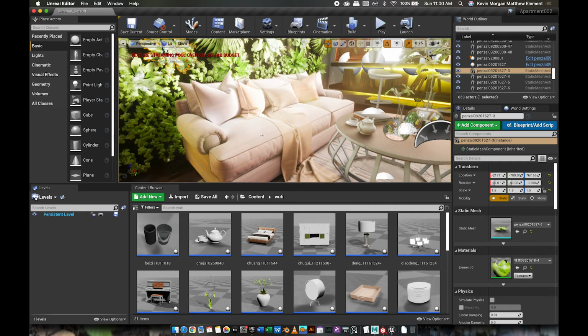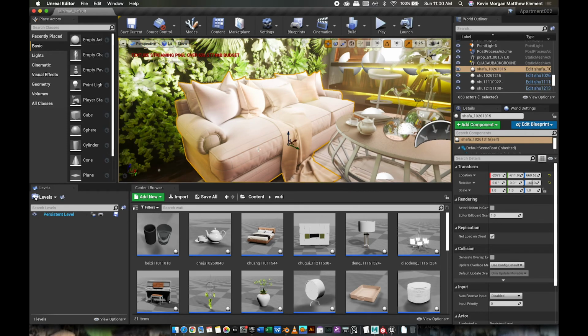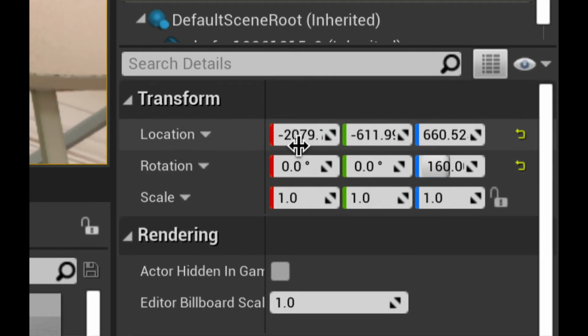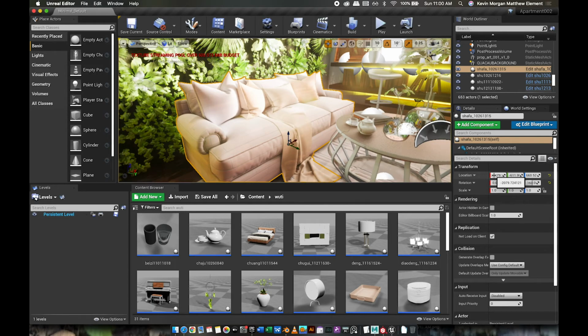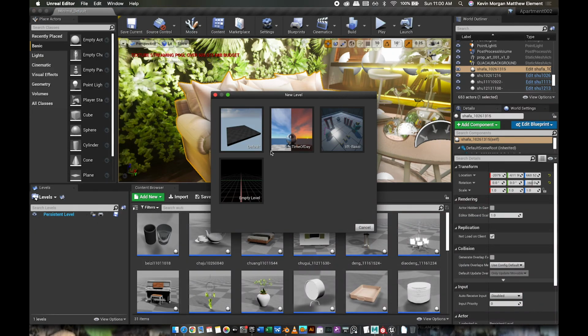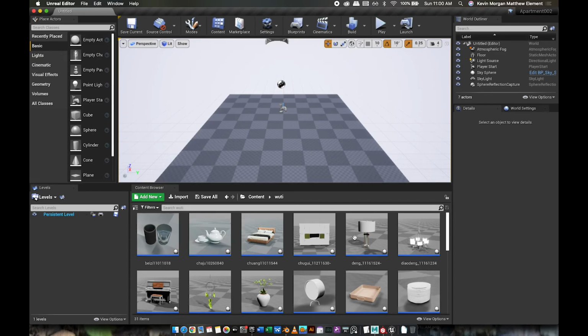Now, word of caution, what I want to do is export this as an FBX. I could just simply highlight the object here and export the asset. But you'll notice that it has a transform here that's sort of out in the middle of space somewhere. So just to make it easier on myself, I'm going to set up a new level, default, and I'm just going to drag the couch from the